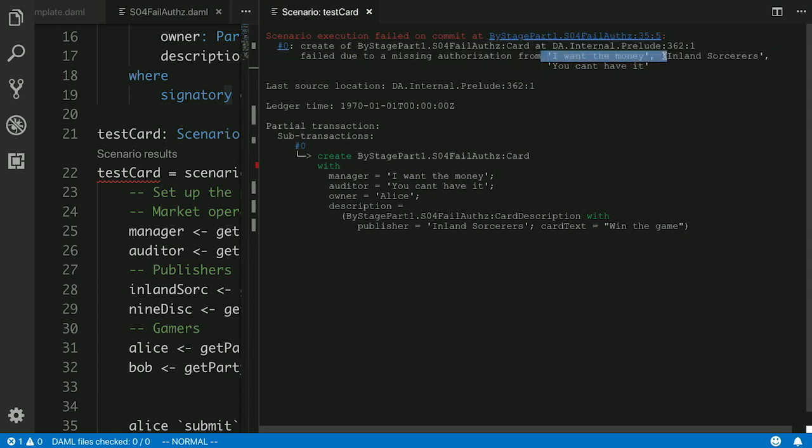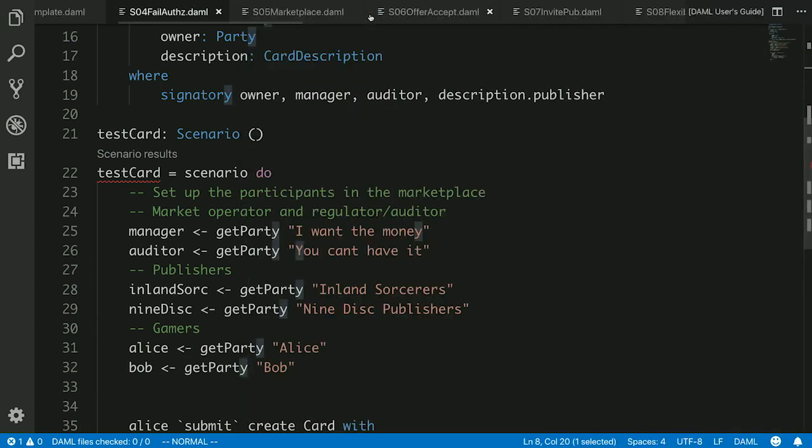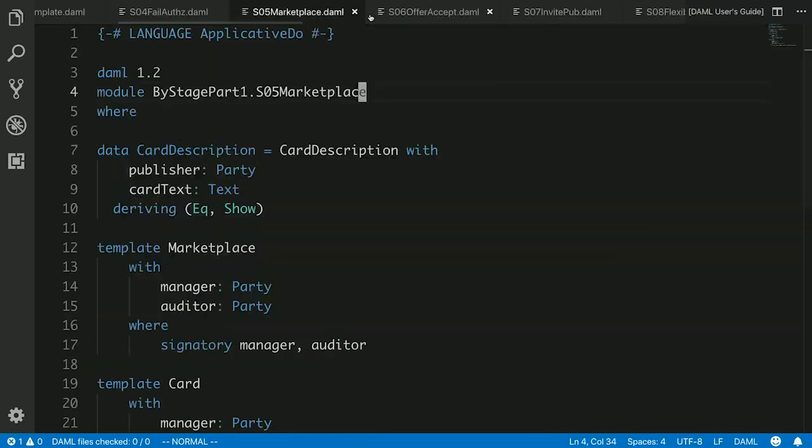There were 4 parties to that contract, and only one of them authorized it. And so we get notified that we were missing authorization. So the semantics of the language will protect privity of contract, and will prevent you from creating a contract without proper authorization.